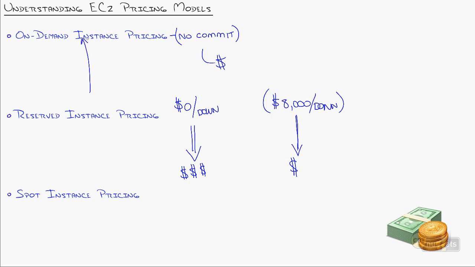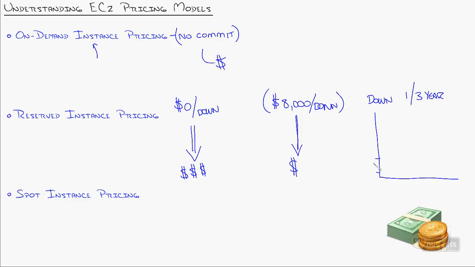Amazon wanted to be able to provide you the flexibility of on-demand instances. However, once you've kicked the tires and you're pretty confident that AWS works for your organization, they say, okay, how about you commit a little bit more? As in, why don't you make a down payment on your server on it's currently a 1 or a 3-year term. So you're essentially committing to use that server for 1 year, making a down payment, and what they'll do in return is lower the price that you pay below the on-demand instance pricing. You're still going to pay per hour, but it's going to be at a lower rate than the on-demand instance pricing.